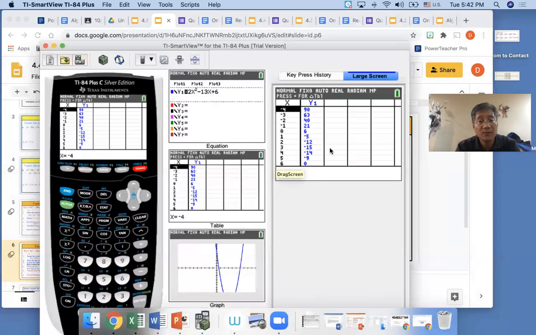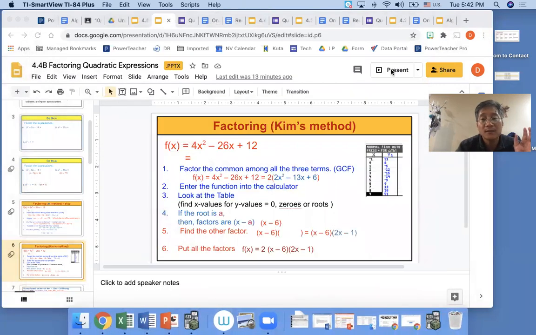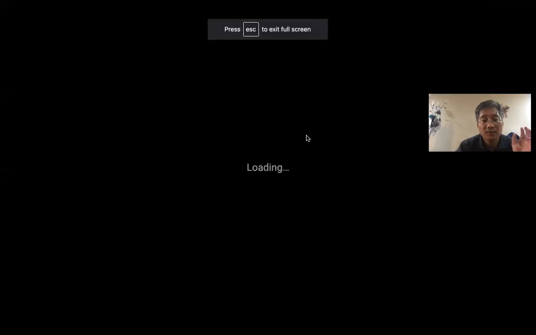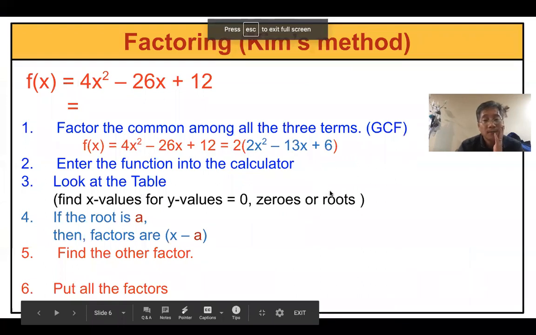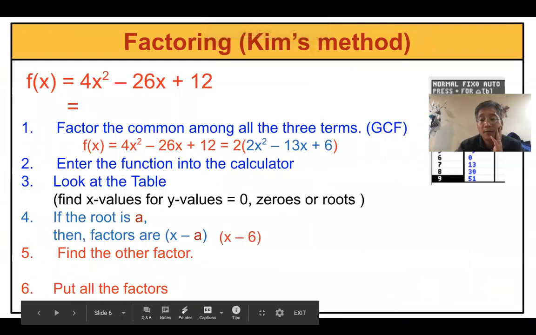Yes, x equal to 6, right? X is 6. So we found one answer, x equal to 6. Then when you write down the factor, I told you how to write down the opposite. So x minus 6. So you found one factor, right? So let's go back again. So we found one factor from